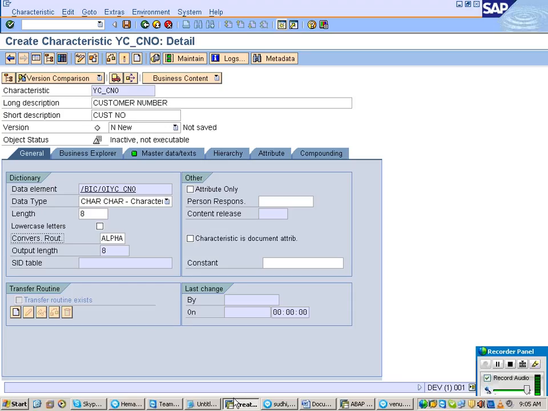Check the name. Why? Because your version is what? I just created it. I didn't inform my database. So what you have to do after creating this now, can you see what is there here? SID table. It is empty right now. Just activate it. Now I can observe in the status bar what it says. Creation of DDIC objects, creation of database dictionary objects. So that means inside the database